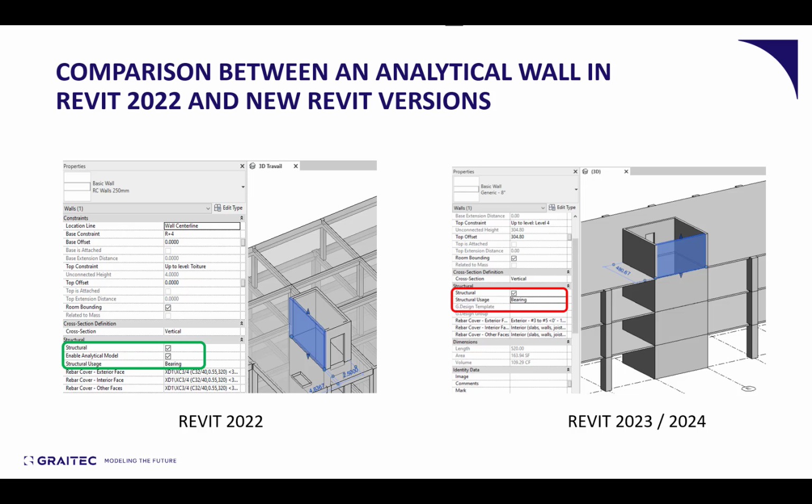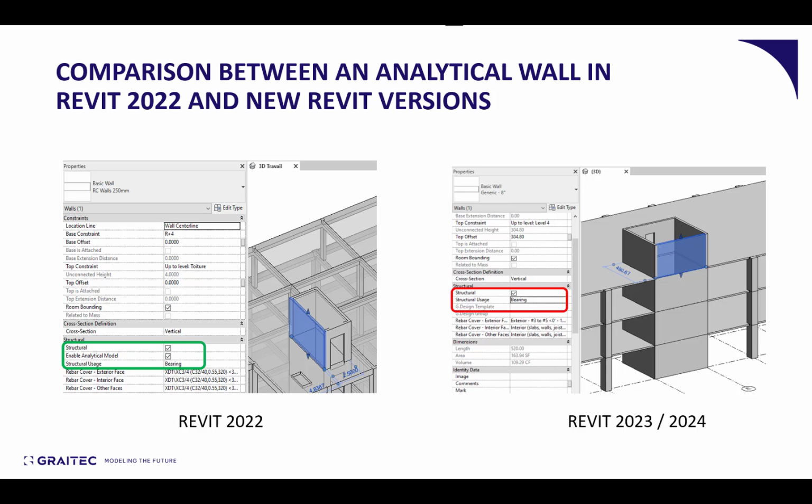Now the concept is dramatically different, because the analytical model and the physical model are clearly separated, and so you will not find those options to enable the analytical model anymore in the platform.